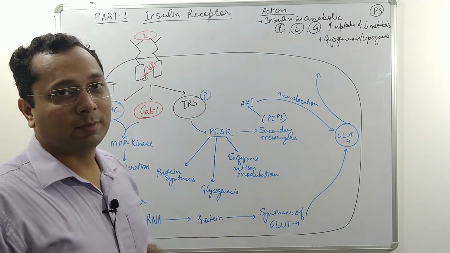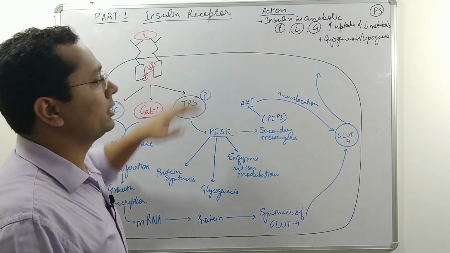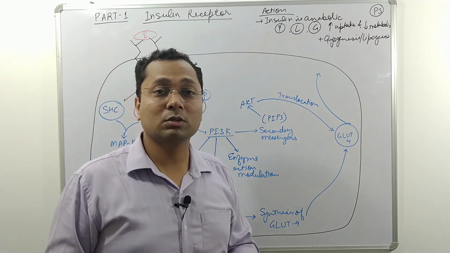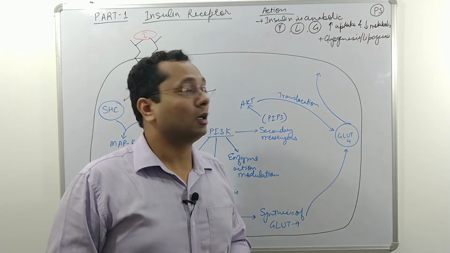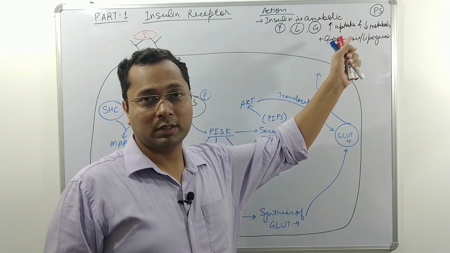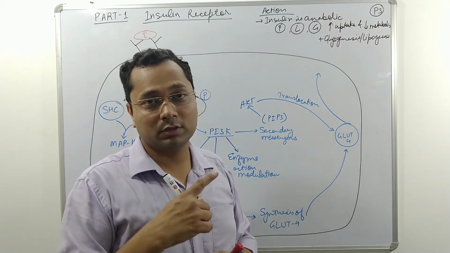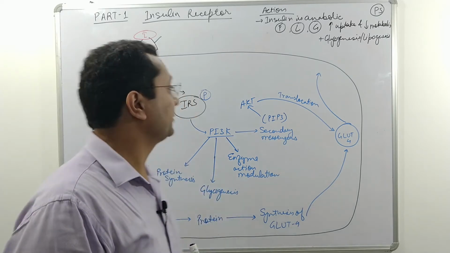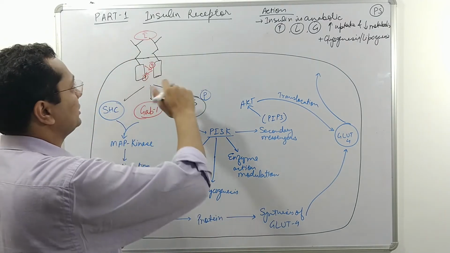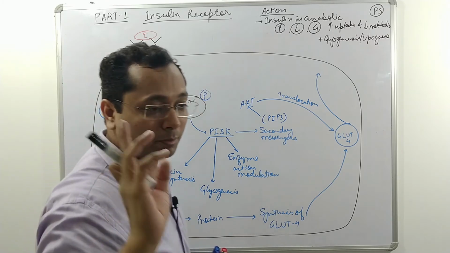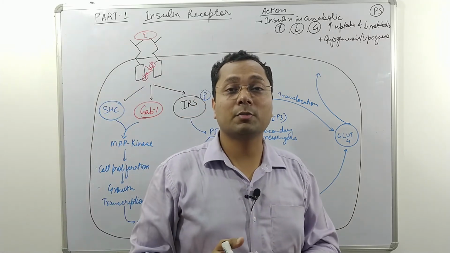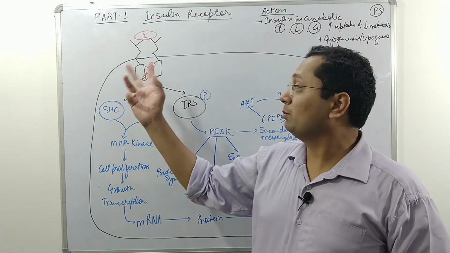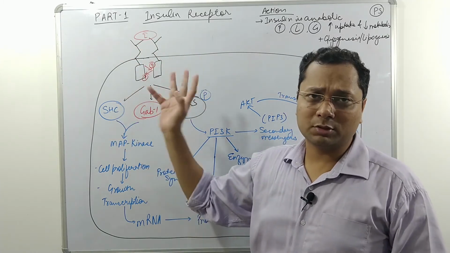So this is the insulin receptor, and this insulin receptor is an RTK, receptor tyrosine kinase. And if you are unsure about how these receptor tyrosine kinases work, I'm putting a link here so that you can go and first have a look at how these enzymatic receptors work, correct? So these are subunits. Previously we have studied how this insulin is being released. After this insulin is released, it will come and bind to its receptor, and once it binds to this receptor, I am not going into the details of this process.